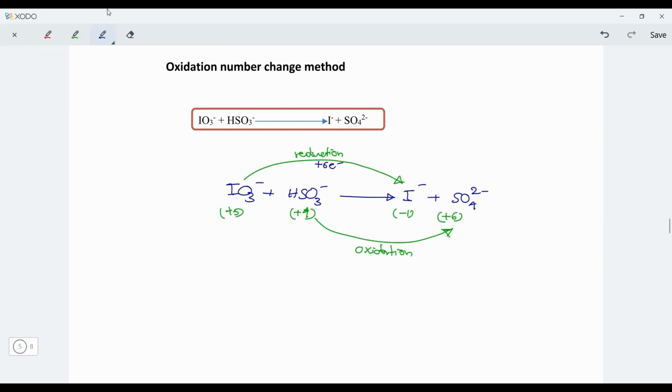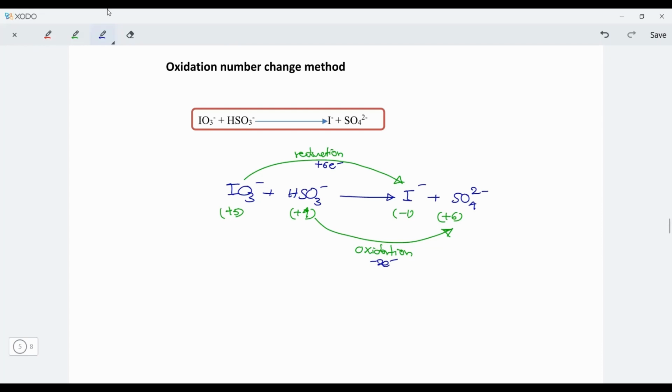I'm writing +6. And HSO3 minus is oxidized by losing 2 electrons, which you can understand by checking oxidation numbers. I put it as -2e. Now you have to understand the theory of redox. In oxidation, some electrons are lost. Those same electrons are accepted by reduction. In other words, if some electrons are needed for reduction, those same electrons must be released during